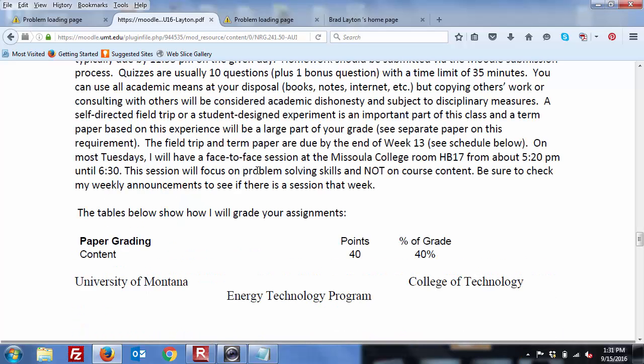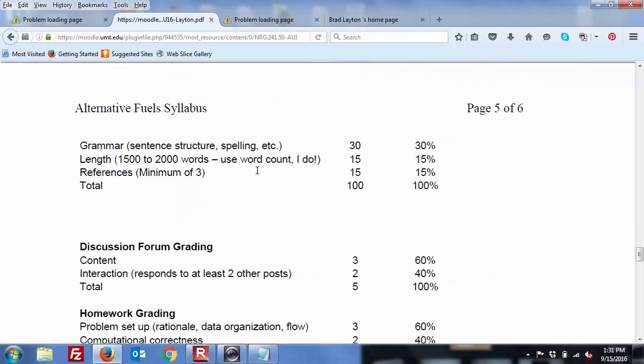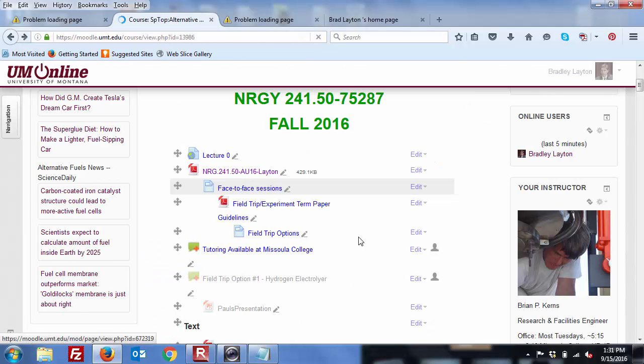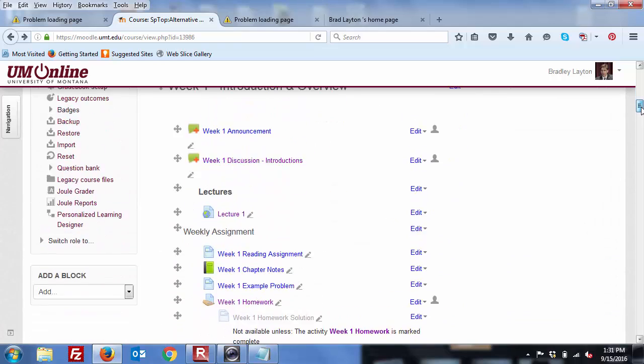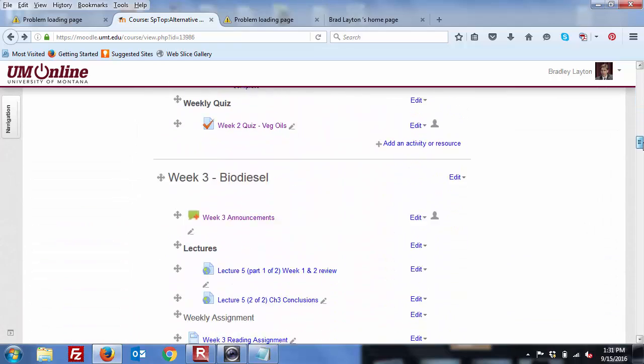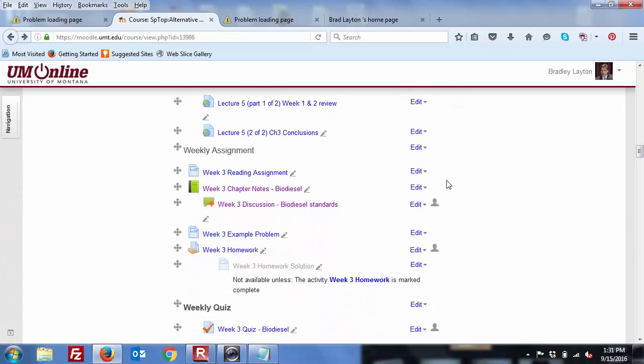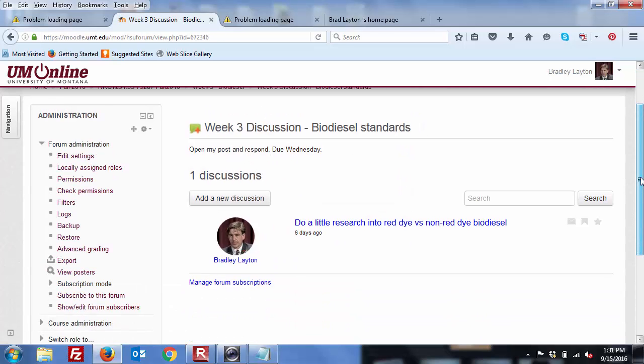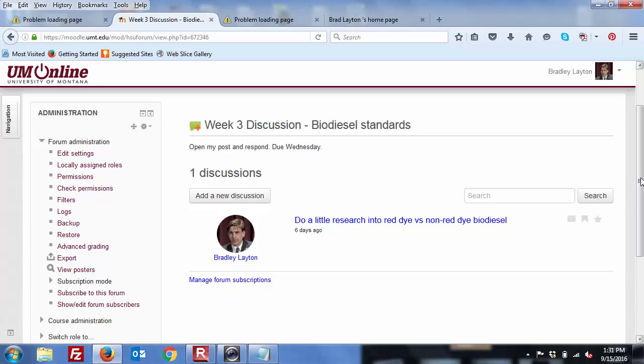But what I want to get to is discussion forum grading. So a portion of your grade is based on the discussion forum. And we are in Week 3, and up till now the discussion forum has been okay, but there's nothing here so far. So I'm in the Week 3 discussion. I posted the content, but I haven't heard back on it. So that's one of your checklists for each week. So just wrap that up by tomorrow,